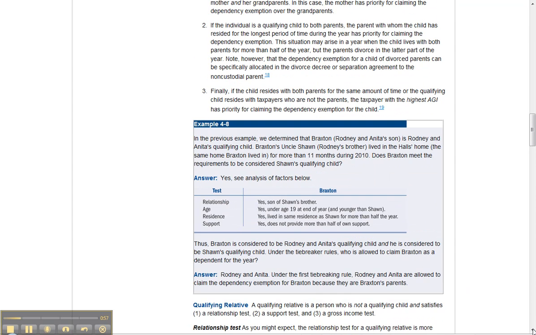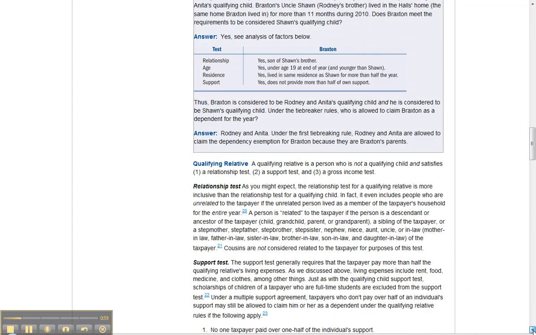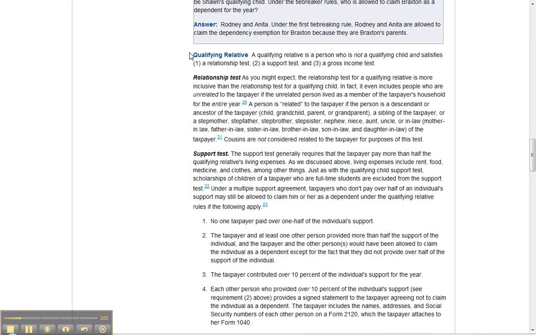And the next set of tests are under the qualifying relative category. There's a different set of tests, somewhat related, but different, that relate to this category of dependency qualification. So what you should do is, whenever you're looking at a situation where you've got a taxpayer and they've got potential dependents, you should first go look at the qualifying child rules and see if that potential dependent qualifies as a qualifying child, and if they don't, then look at the qualifying relative rules and see if they qualify